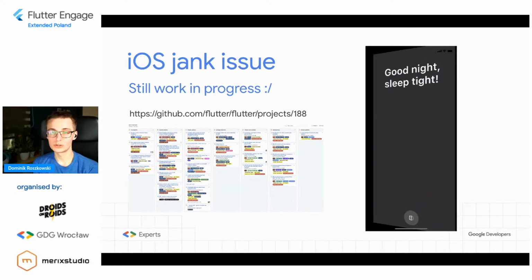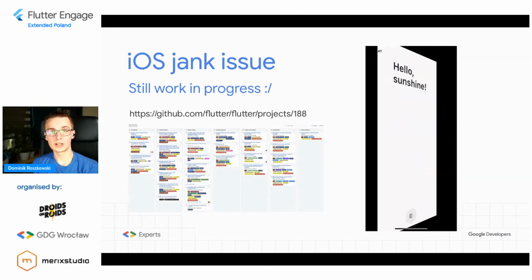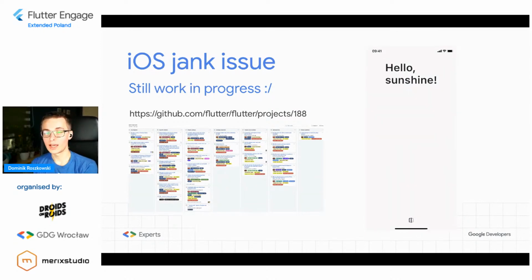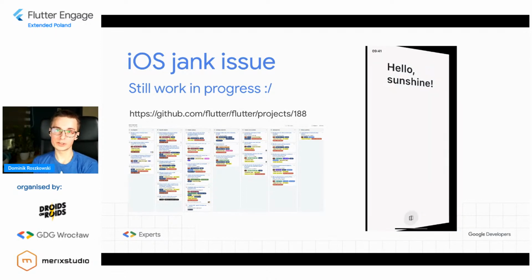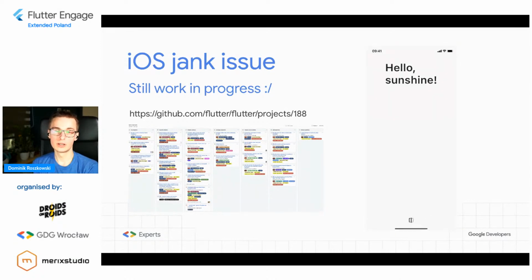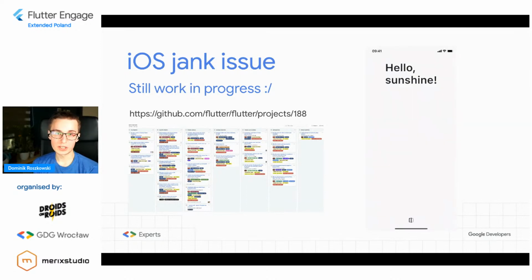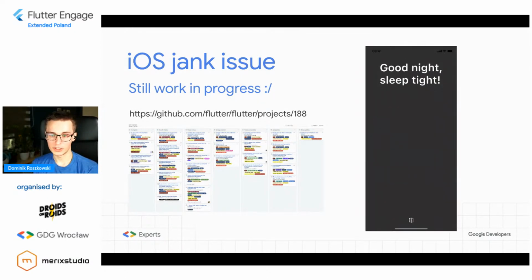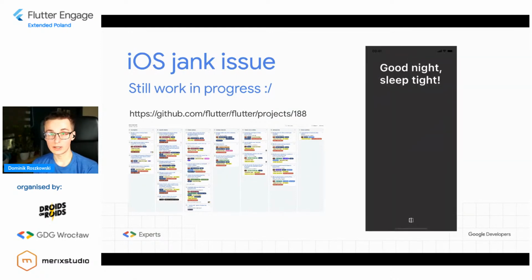There were some ideas to use OpenGL or something like this, instead of Metal, because this happens because Flutter had to transition to Metal on iOS, and on Metal there is no built-in shader caching. This causes the Flutter engine to compile a bunch of shaders every time the animation appears, and there may be many shaders for even some simple animations like here. This is from one of the issues, where you have a rotating element, but there are actually a lot of things happening. The text is being rotated, the element is being rotated, some icon is being rotated, and so on.